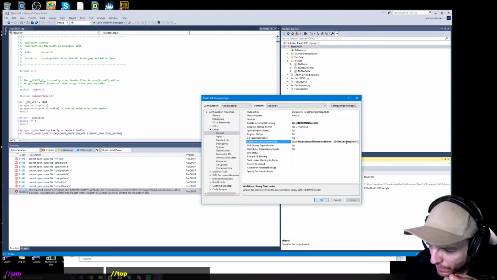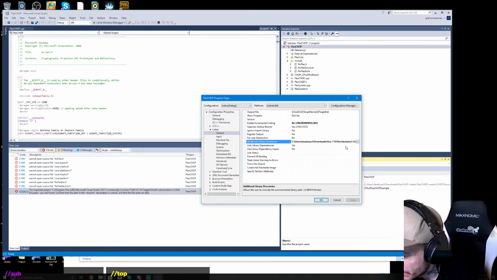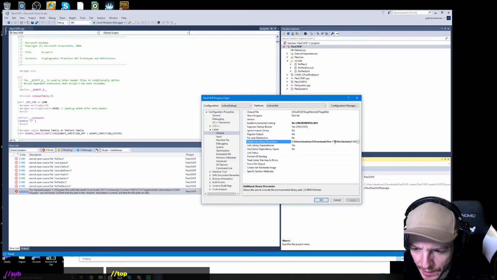You could put CUDA 10 inside and just rename it to CUDA 8. But it would look inside the project file. Yeah. That's what I'm doing here. It's like